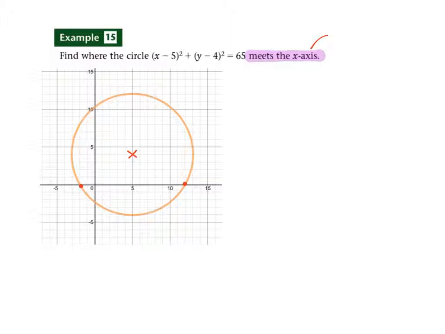Okay, example 15. Find where the circle meets the x-axis. If it meets the x-axis, we have the x-axis here and the y. As you know, along the x-axis, y is equal to 0. So that's what we're going to look at when y is equal to 0. So the equation that we have